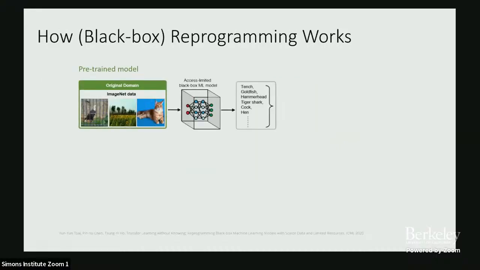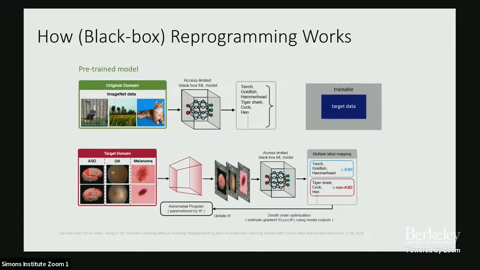So let me use this figure to explain how this work is done, in the illustrative example. We are given a pre-trained model, here an ImageNet model, and given any input, it will output a prediction on all the ImageNet classes. Now we are given a downstream task, with data sets from a target domain, and the task can be very different. For example, those are biomedical image classification tasks. Now, how can we leverage this pre-trained model to help us solve the problem?